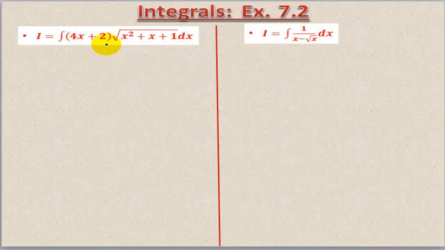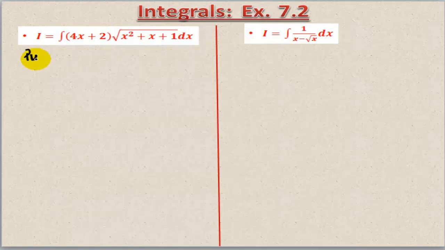So you just have a look and see which part of this function should be substituted. You will find the polynomial under the square root is a quadratic polynomial and the one without the square root is a linear polynomial. And we know when x square is differentiated, its derivative has got degree of the variable as 1. It reduces by 1. So we will go for substituting this part.